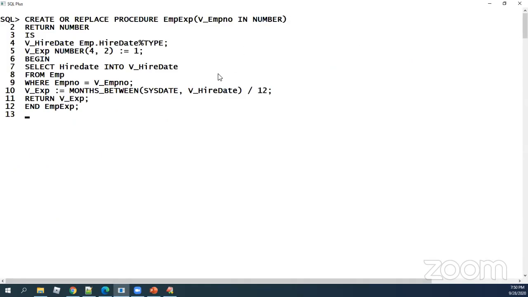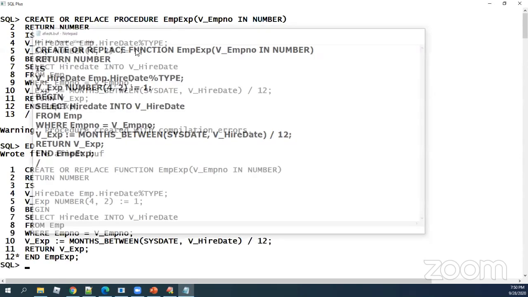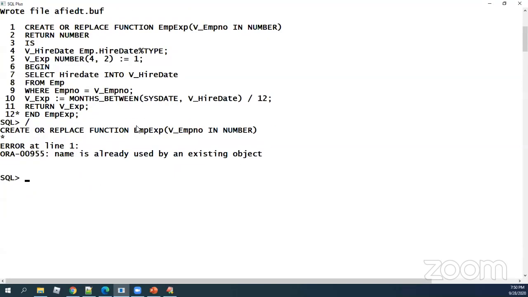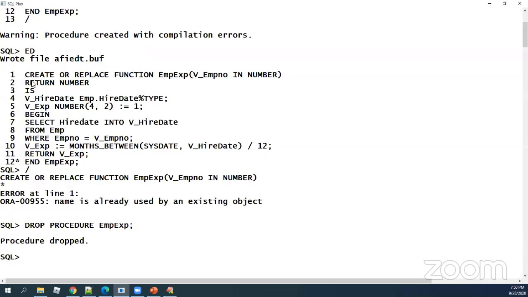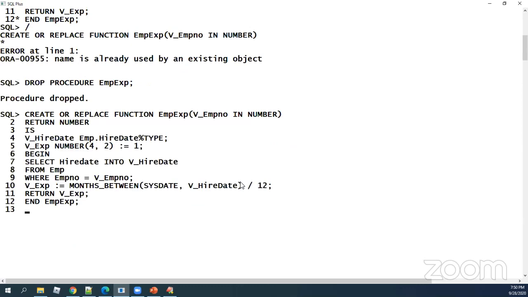See, time and again I'm telling you, it's only passion that will make you work. Now either it is a procedure, sorry, that was a procedure keyword. Now here we should keep function. So that's your function that's fundamentally created.